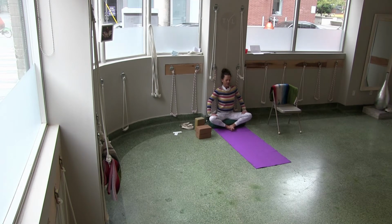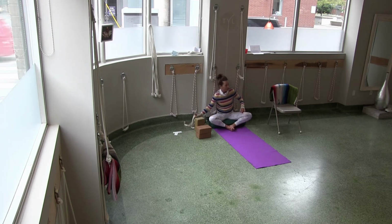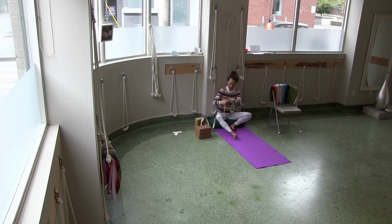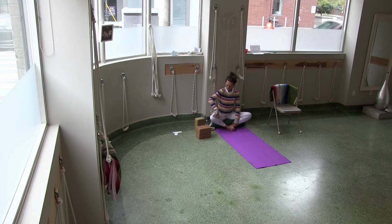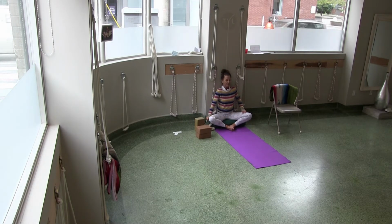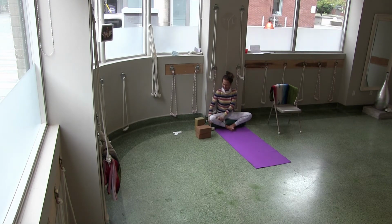That's it. Rolling your inner thighs out. If you are feeling this in the knee, it can also help to take that strap and actively open the knee like so. If there's any discomfort in the knees,